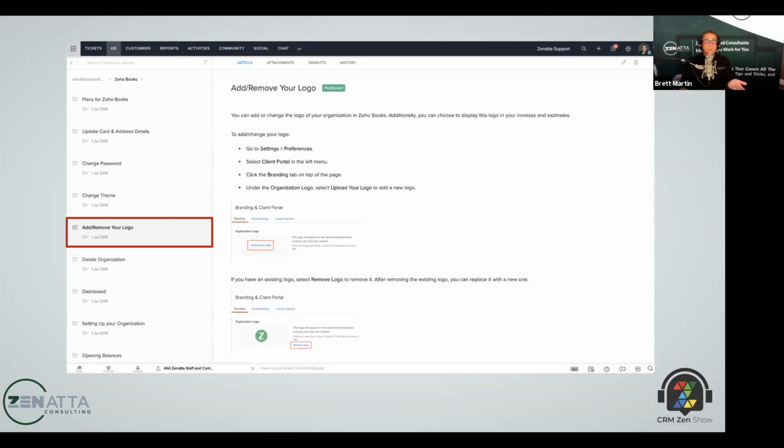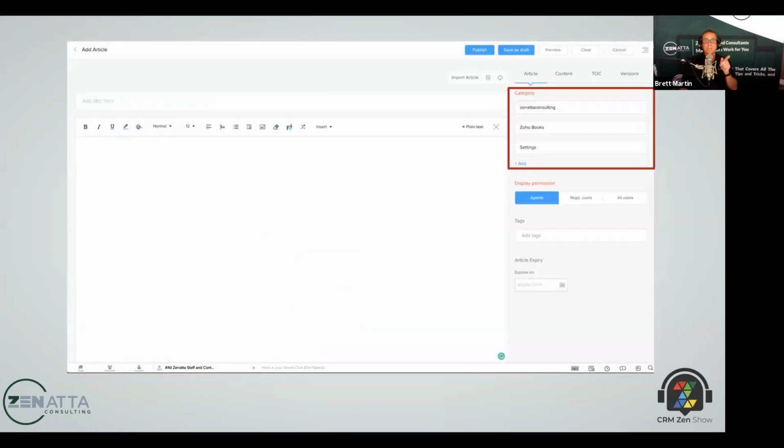So let's say you got a help desk ticket. Oh, by the way, first I'll take you through how you add new help desk articles. Oftentimes we actually get this question, how do I add a help desk article? Because when you go into the knowledge base, there's nothing that says add a new article. It's really just this little plus button up at the top. So if you click on that plus button,